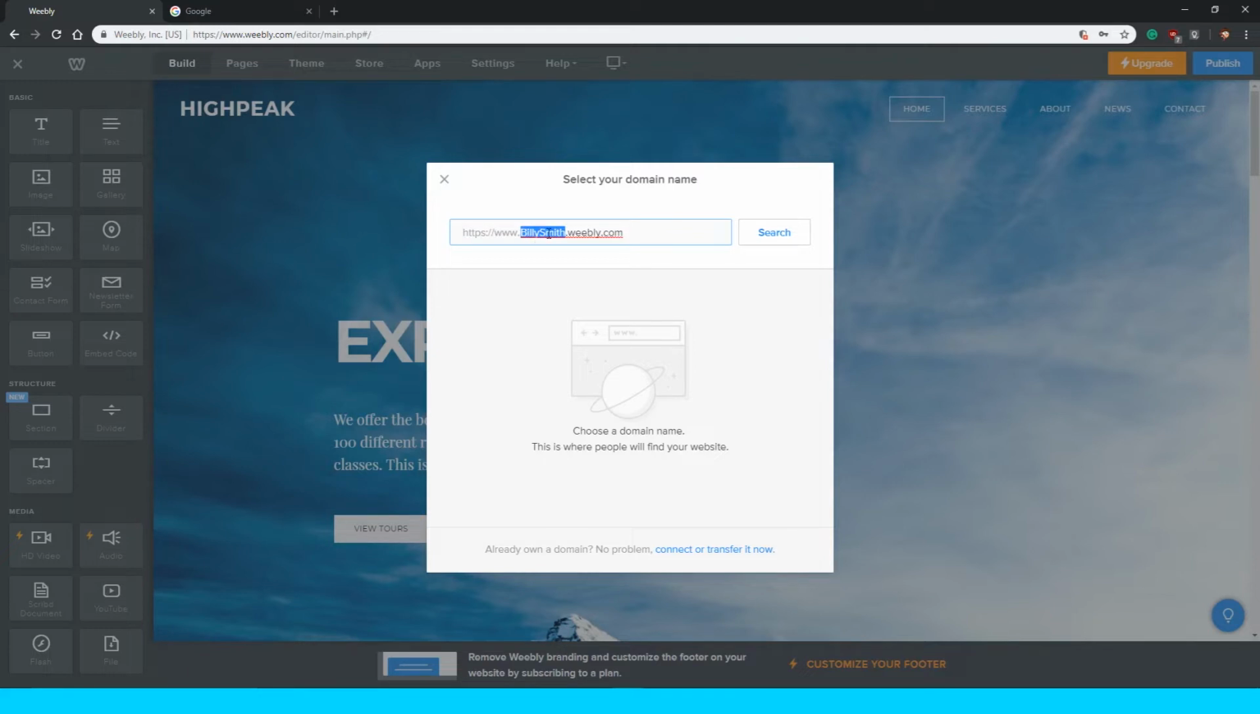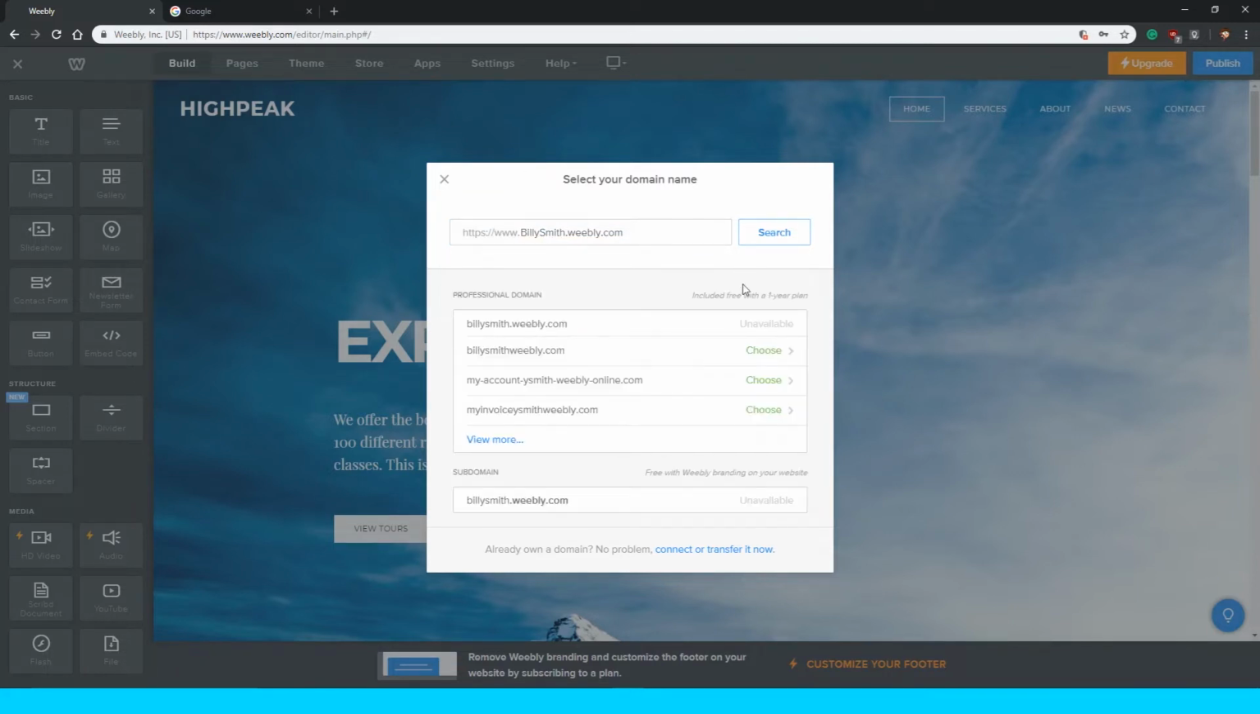Put your first name and last name. This is the easiest, just to have a cleaner look. And hopefully it'll be available. No, and so right here, once you click on search, it'll search for accounts that are already available or not available. So right down here is the free subdomain,